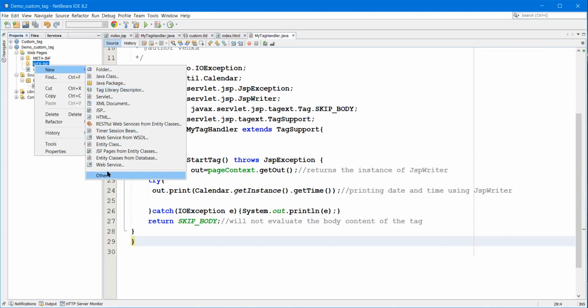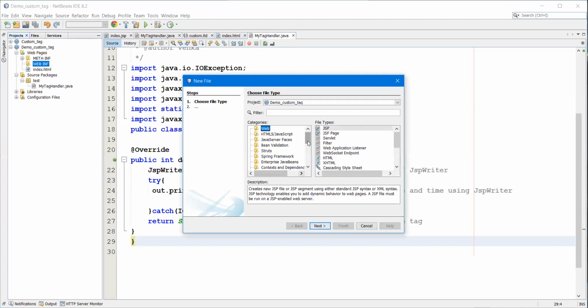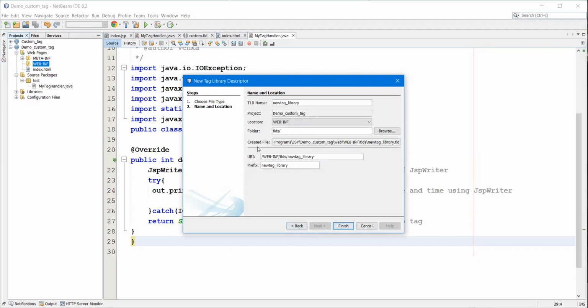Otherwise, click on others, and in others select web, the web file type. The file type we need to select is tag library descriptor. Click on next. It will automatically create the TLDs folder.